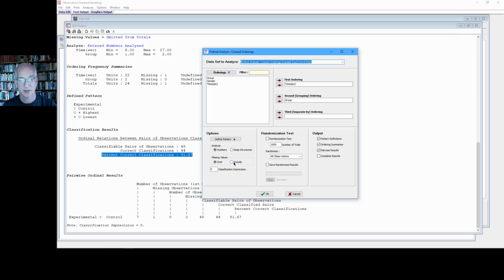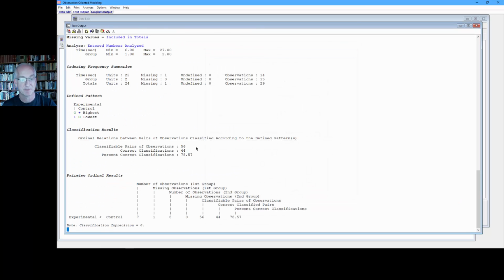So now let's run the analysis again, and let's choose the include option. So that will bump it back up to 56. So we're going to include that missing reaction time essentially as a possible point of comparison. So it will be included in the totals, but it won't be included in the actual number of correct classifications,